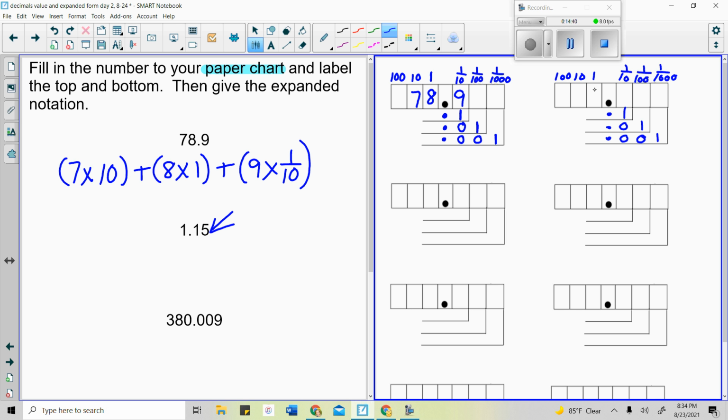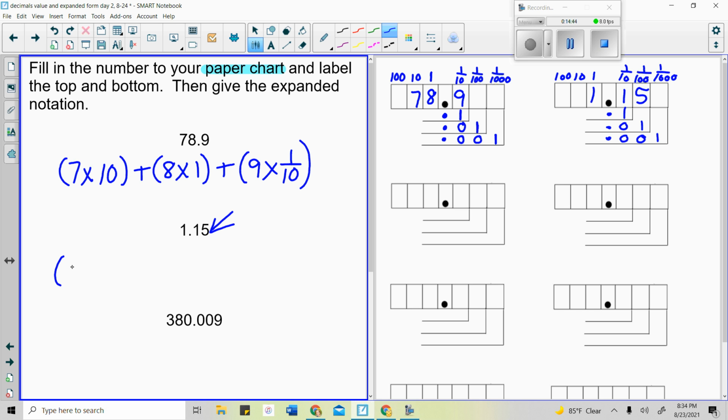Now I'm going to fill in my number. So 115. So I have a 1 in the ones place, plus I have a 1 in the tenths place, plus I have a 5 in the hundredths place. Okay, so we're going to do just one more practice problem, and then I'm going to